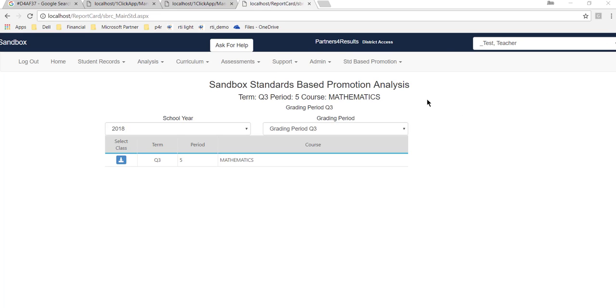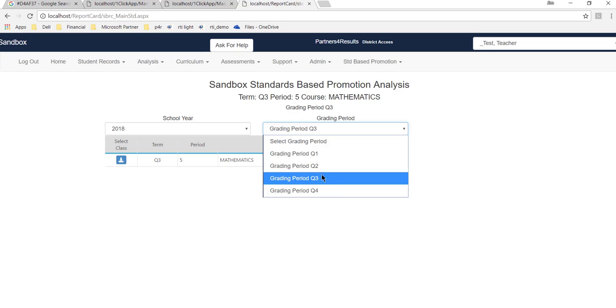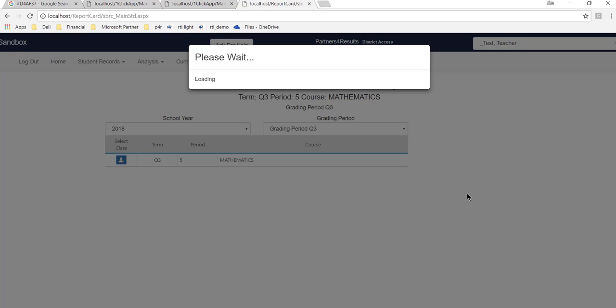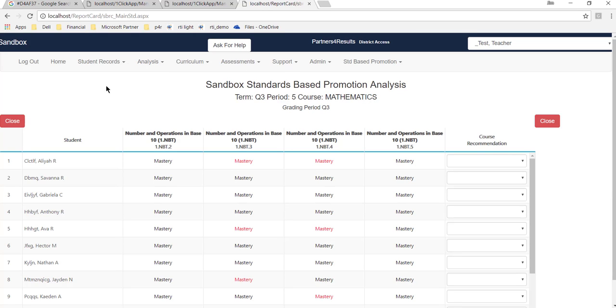And I can also do analysis by standards. So for example, we have this one report here where I can select a school year, I can select a grading period and a subject area, and what this will do is it will show by student how each student did on each of the standards and whether they mastered them or not. Now in this example, the way we set this up, the red indicates that there's some question about whether or not